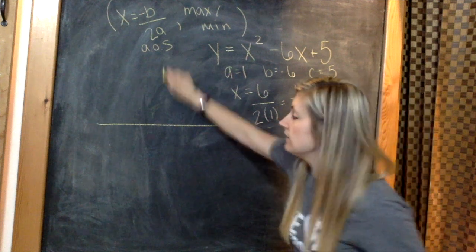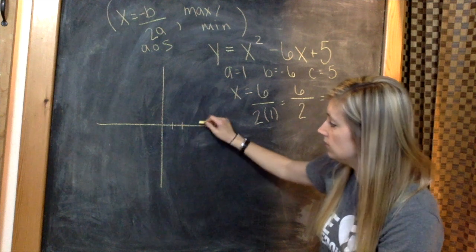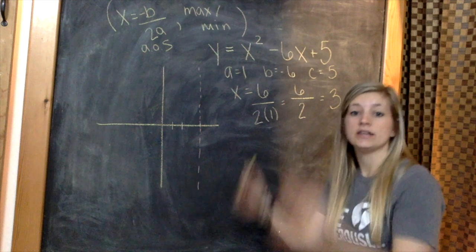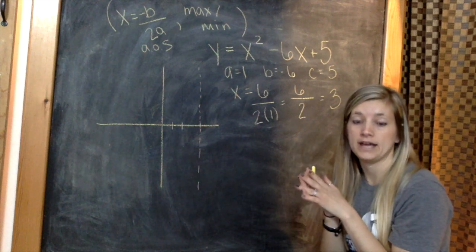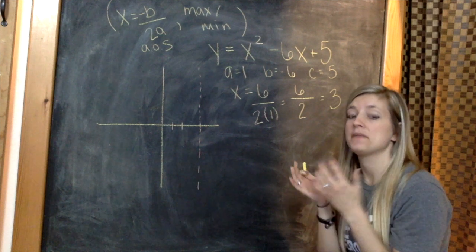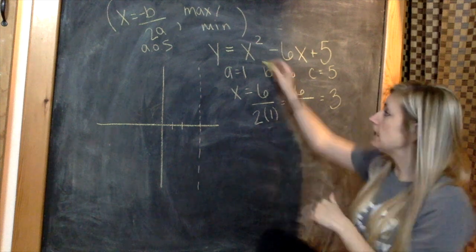If I have this graph over here, right now we should be thinking this: 1, 2, 3. Right here is our line that cuts our parabola in half. Our goal today is to find the max or the min and put them together to find the vertex. So if we go back to the original,